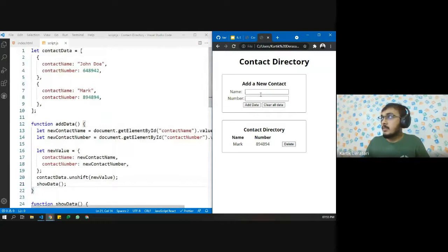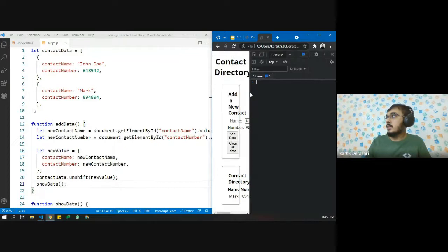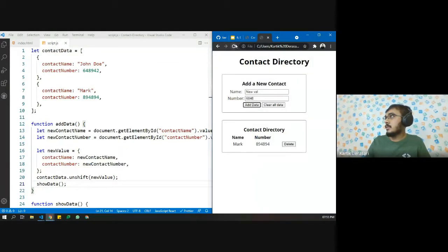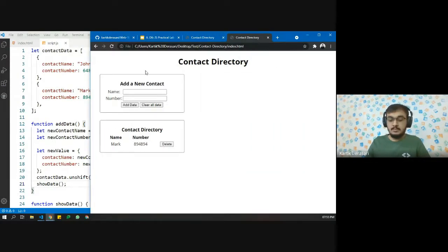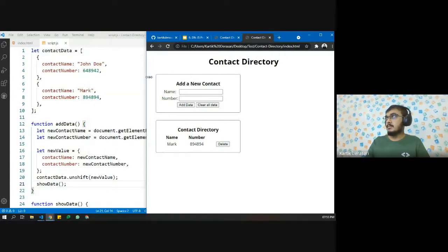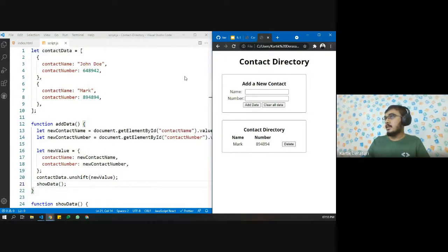Let's see. For an example, if we are adding some values, let's say a new value, add data. What is the error? Am I using the same file? This should not happen.